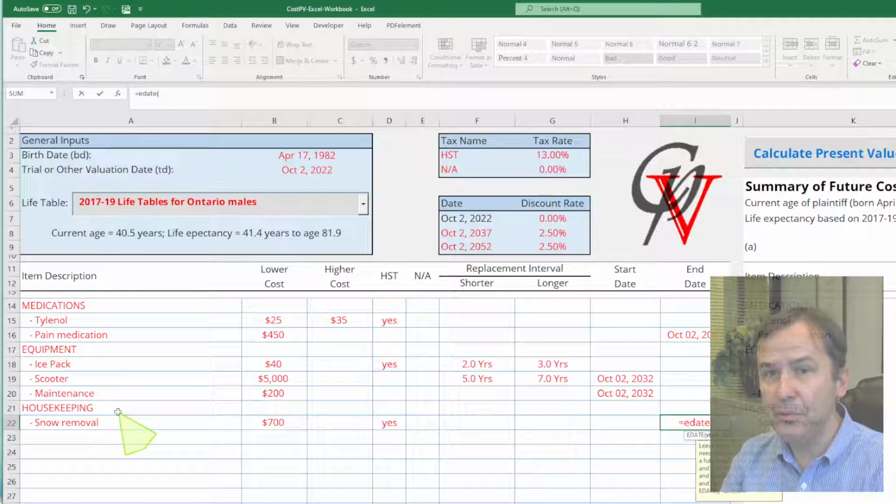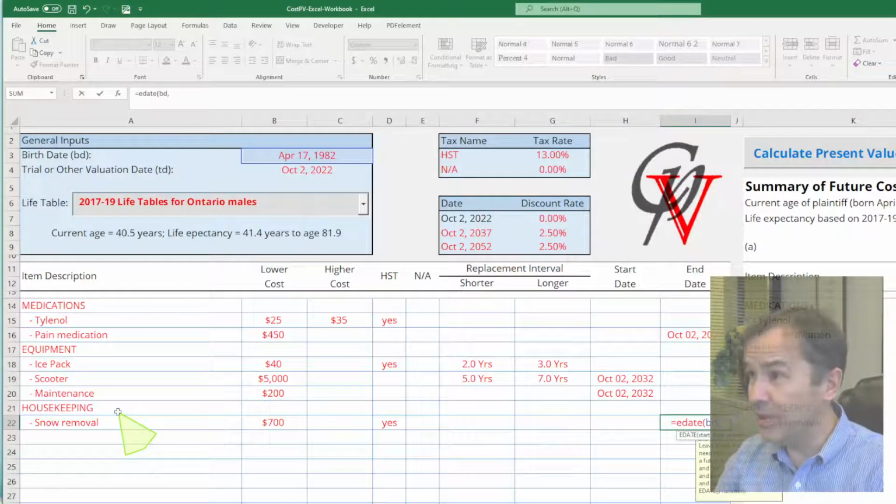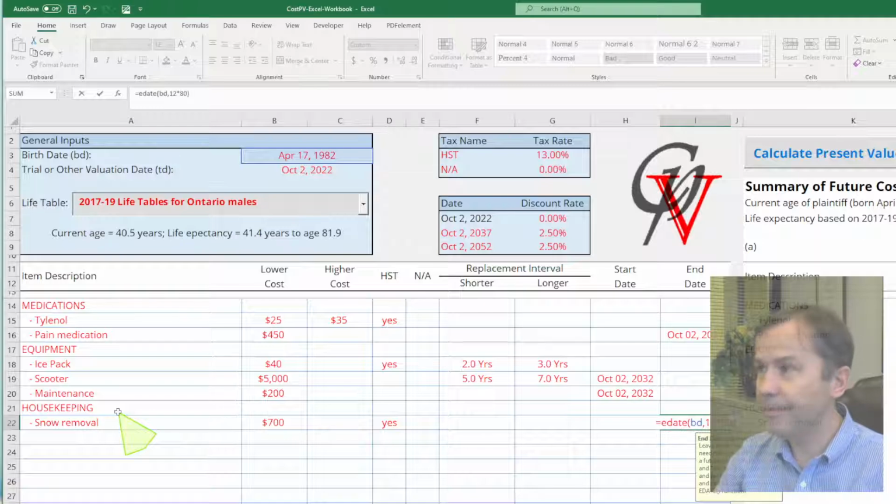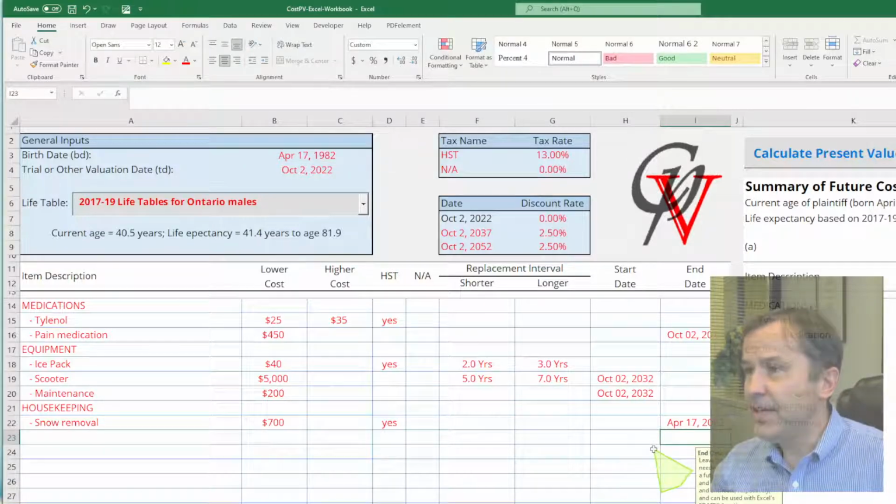It's relative to his birthday. So I'll type in eDate, and the first parameter will be BD, that's the birth date. Second parameter will be the number of months beyond the birth date that we're interested in. So I'll type 12 times 80. And we find that we have this cost stopping on his 80th birthday at April 17th,